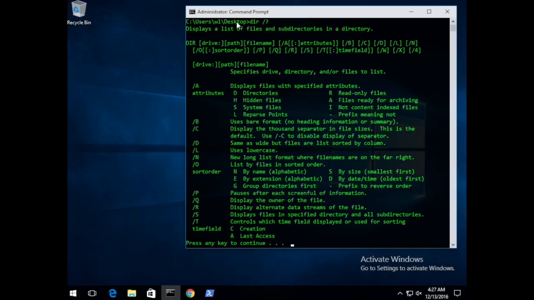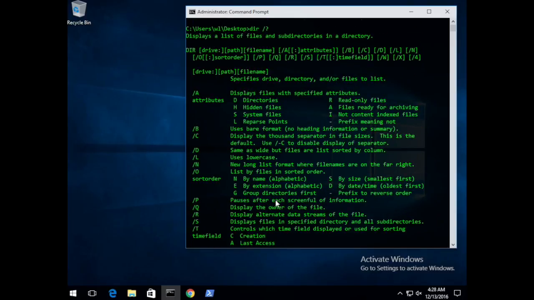So for any command, you can type the command in / question mark, and it's going to give you the information about what that does. And you can see that the directory displays a list of files and subdirectories in a directory. And then these are the applications, or the options, that you can use along with the dir command. And so you can remember that we looked at the /p for page,